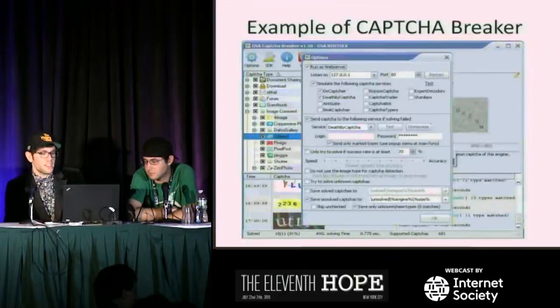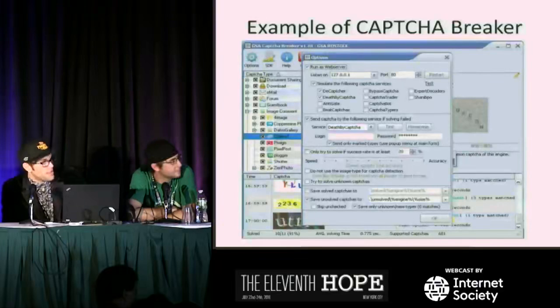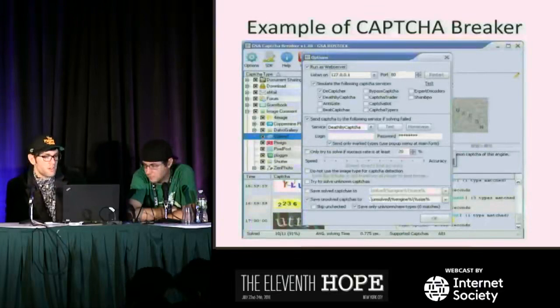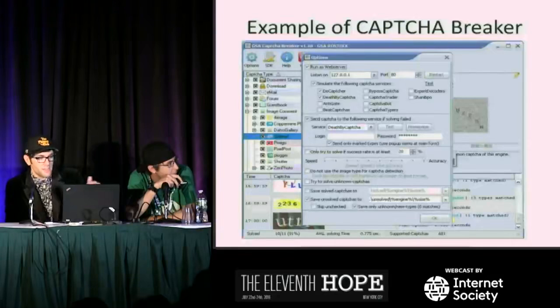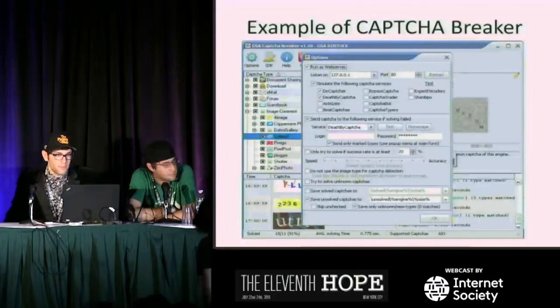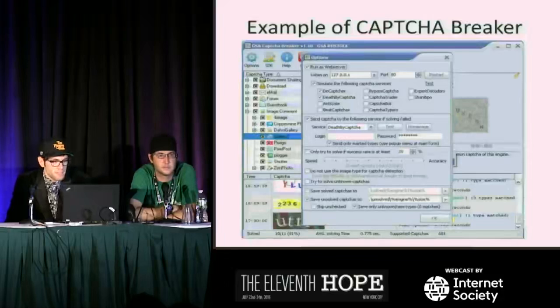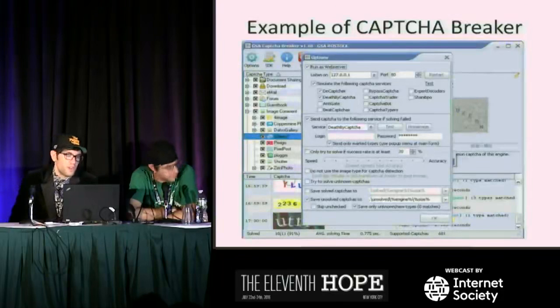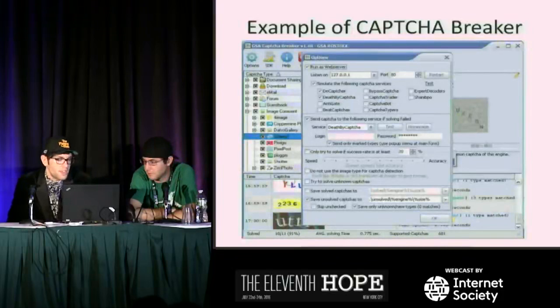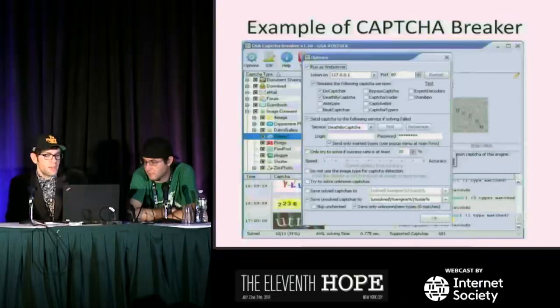Here's a screenshot of GSA. So this is sort of the one that Black Hats run at scale, right? So they have, in the CAPTCHA type box, you can see on the left-hand side, a big list of known challenges in the wild that have been broken, and you can apply them accordingly. You can set it up as a web server, so you can do farming attacks, and program in all that stuff. Make sure you've got your Death by CAPTCHA account in there, and it'll just make your life that much easier, right?